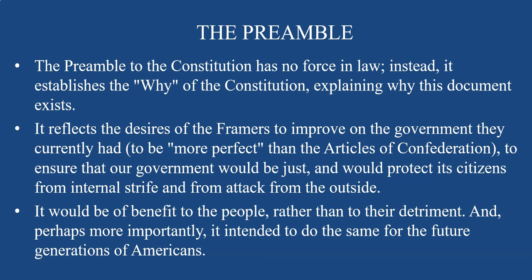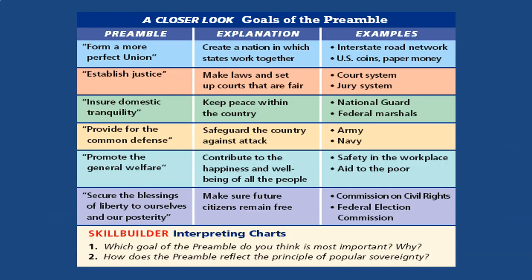And perhaps more importantly, it intended to do the same for future generations of America. And here is a closer look, basically, the goals of the preamble. For example, you have to form a more perfect union. This actually, in an explanation, if you see the next column here, basically create a nation in which states work